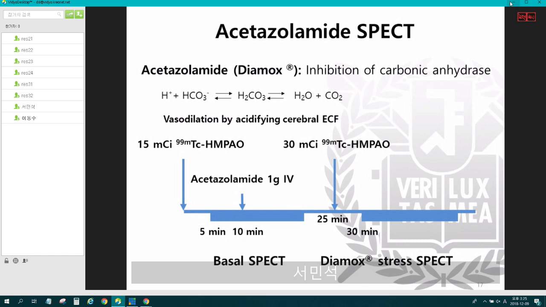As I heard, almost 10 patients died because of the complication of Diamox in Japan. We have not experienced that. Why? Because we are using Diamox carefully. However, we lost one young girl several years ago. We still don't know why. So that's what we do when we use HMPAO here.